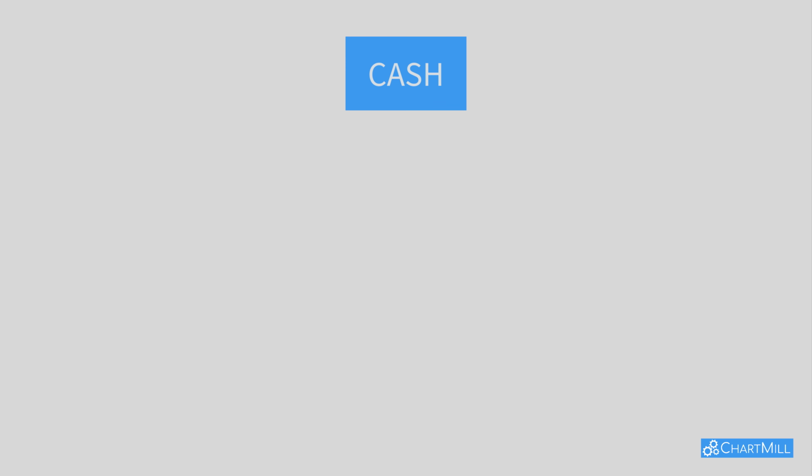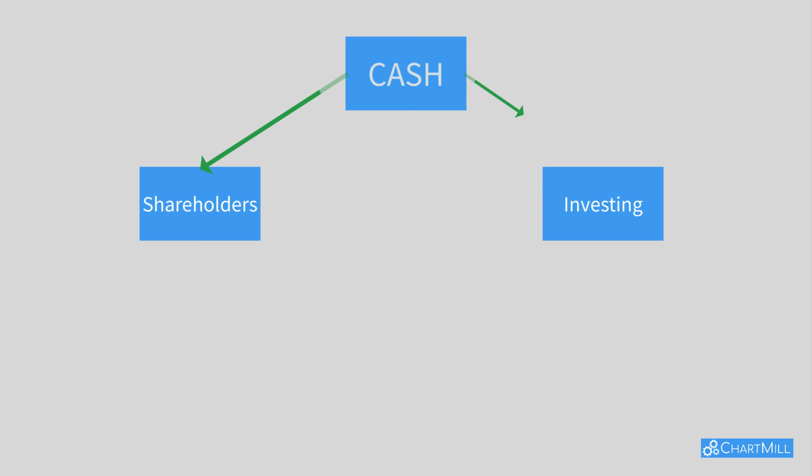Cash only becomes valuable in 2 ways. The first way is by distributing the cash to shareholders. The second way is when the cash can be reinvested in projects that yield very attractive returns in the future. Figuring out whether a company is investing only to safeguard the current state of the business or whether it is